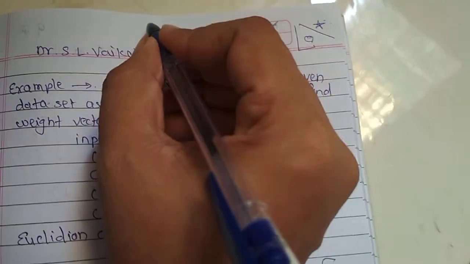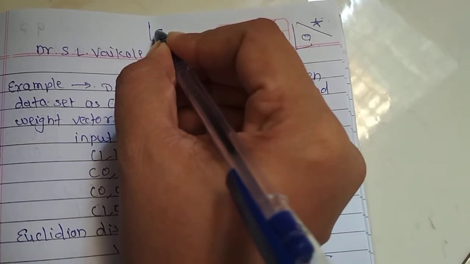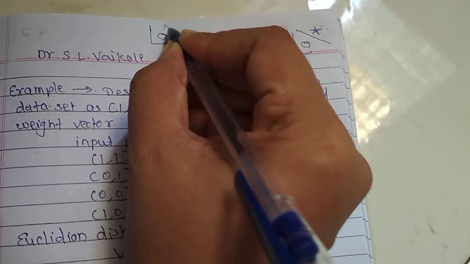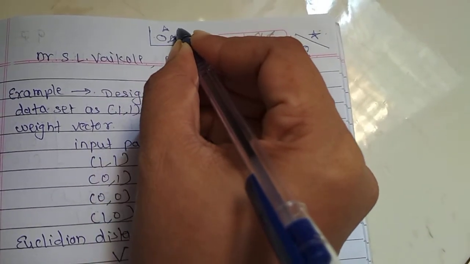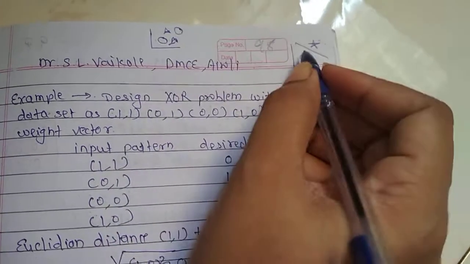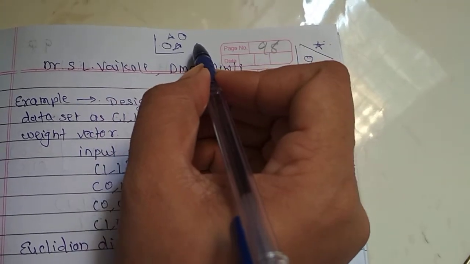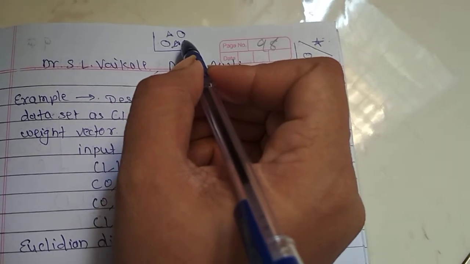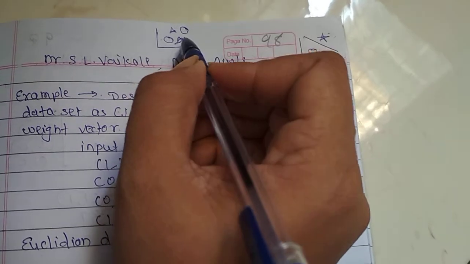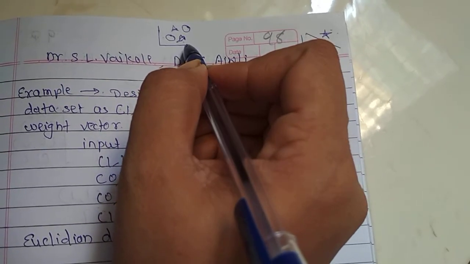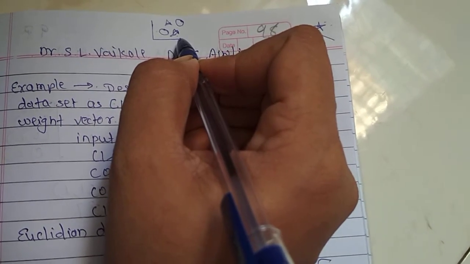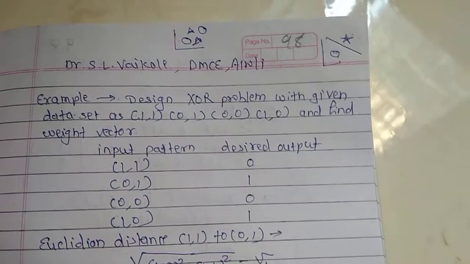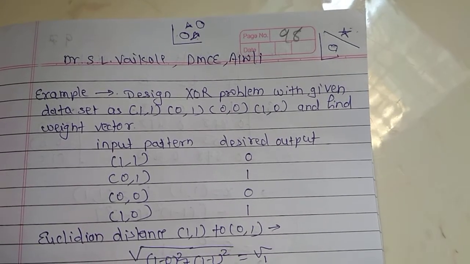But now suppose my class distribution is like this. This is one class, this is the second class, this is the second class, this is the first class. Then using a single line, I am not able to divide this input space into two regions. This type of problem is called a non-linear separable pattern, and the RBF has a non-linear kernel. It transforms the non-linear space into the linear space.